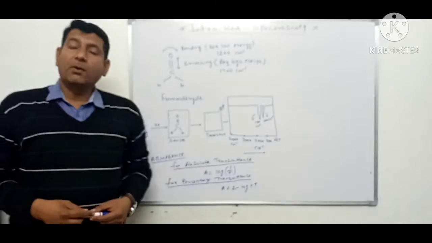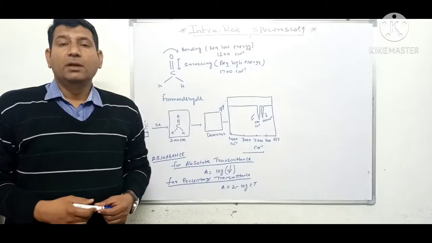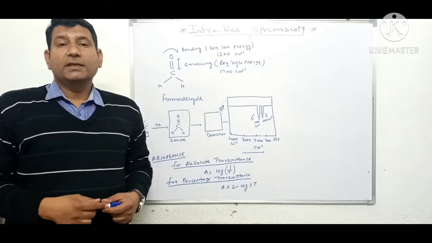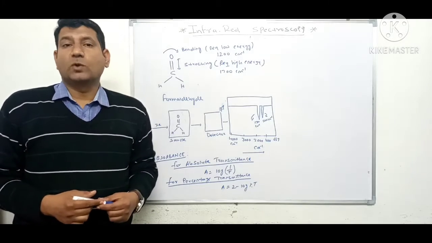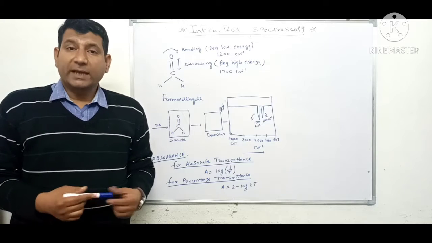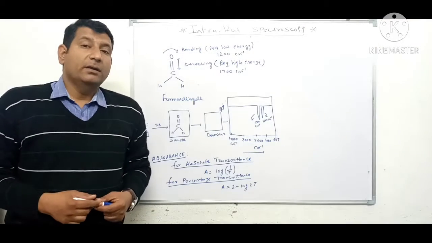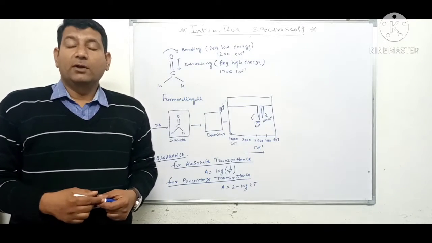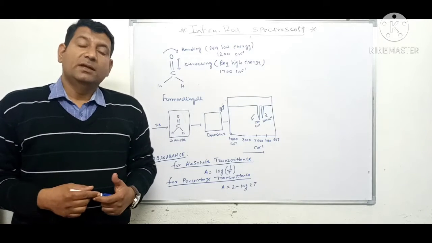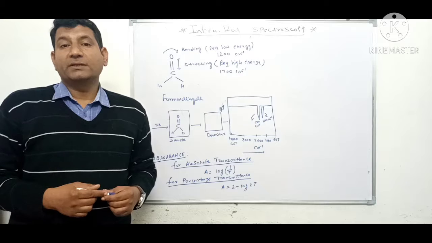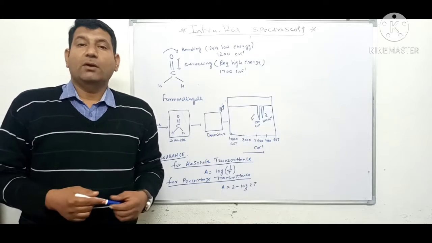So we are discussing IR spectroscopy. In the previous lecture, we discussed the introduction and the various fundamental vibrations in IR spectroscopy. We learned that IR or infrared spectroscopy is a technique known as vibrational or rotational spectroscopy, and there are basically two fundamental molecular vibrations, that is stretching and bending vibration. In stretching vibration there are asymmetric and symmetric vibrations, and in bending vibration there are wagging, twisting, rocking or scissoring vibrations.